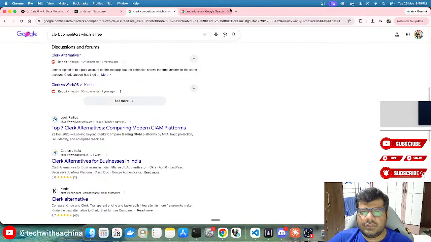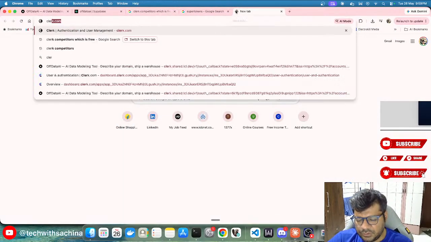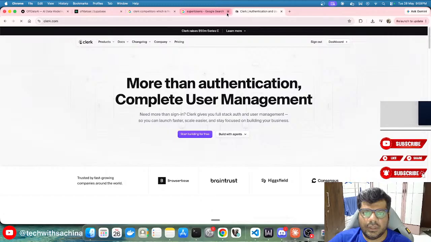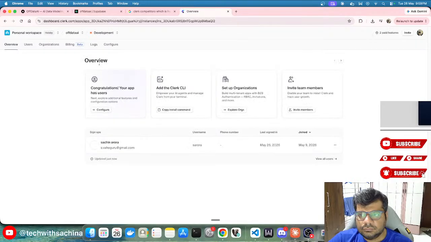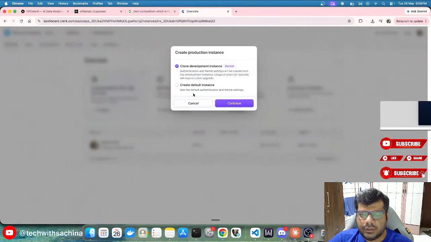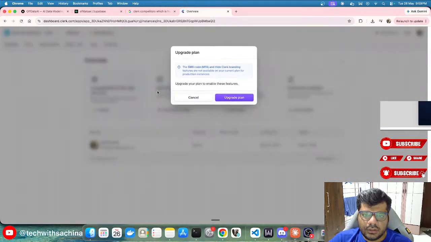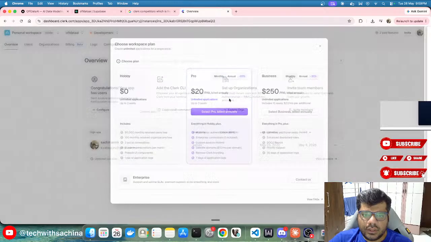So how much is Clerk costing me? Just let me check if I need to go and buy it. If I go to the dashboard, okay, so this is a development environment, right? If you see, create a production instance, clone development instance, correct. So it asked me to upgrade the plan.